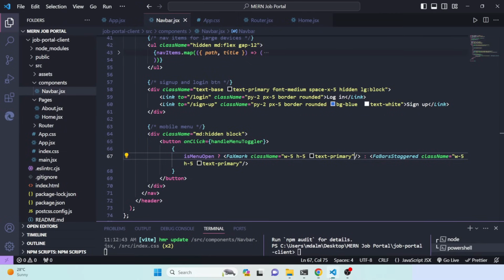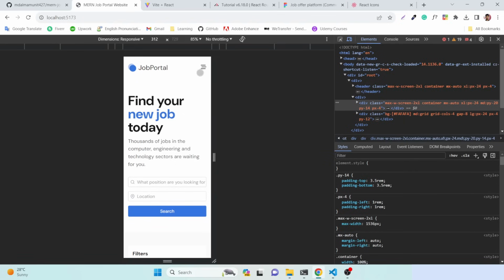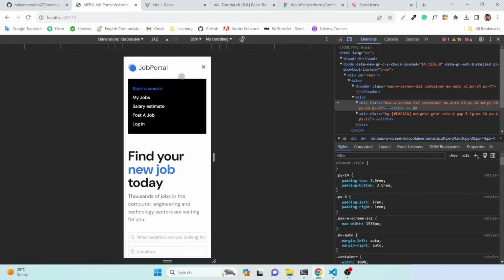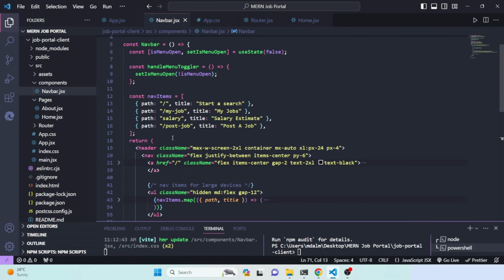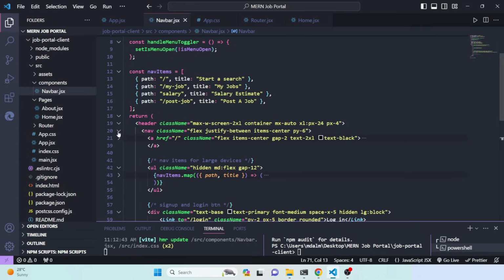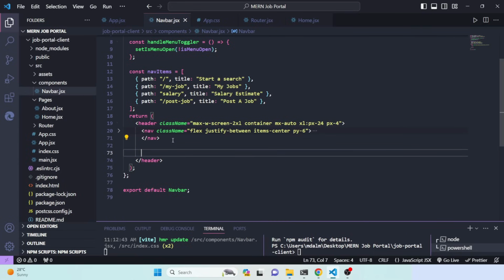Okay, so this is working properly, but right now we have to show these nav items when you click there, and when you click again, then it will hide. Okay, that's our next target. So what we will do, let me close this. After this, after all nav items, so close all the navs, and then we will define nav items for mobile,